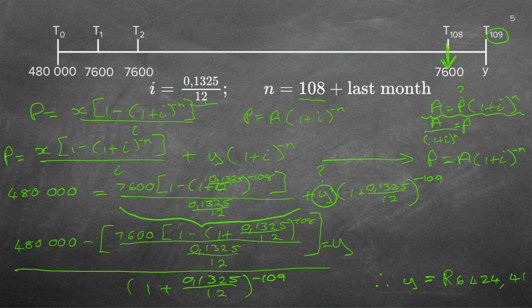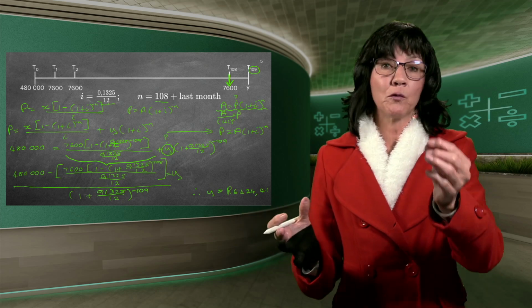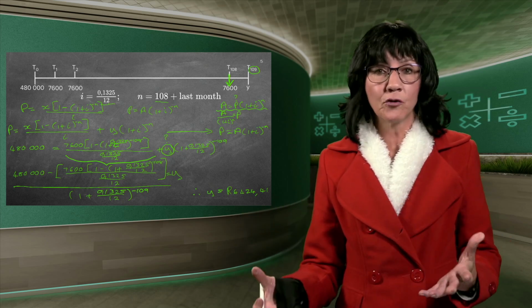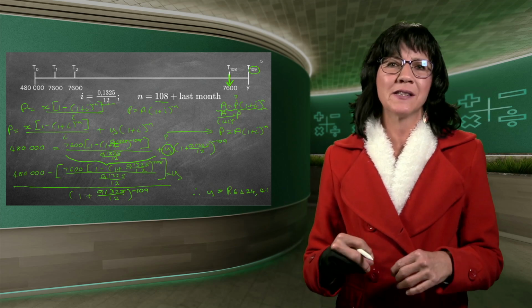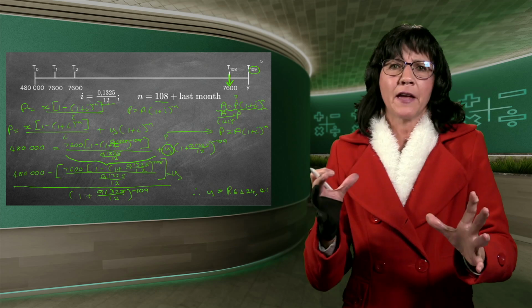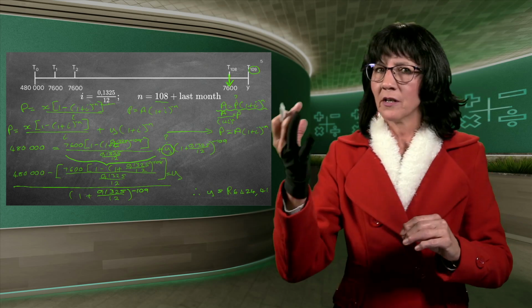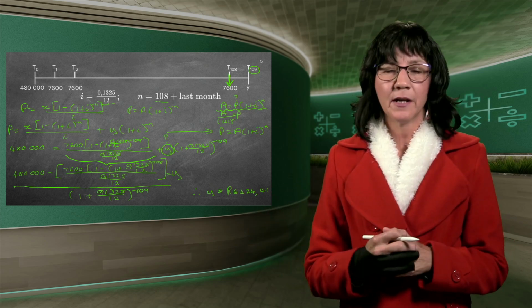Does that make sense? Does it seem like a logical thing? You borrowed 480,000 Rand. You're paying back only in 108 months. And you're going to pay back 6,000 whatever. It is a logical amount. If it was 60,000 or 600, then most probably you made a mistake. So mostly our monthly payments is something in the thousands, 6,000, 5,000, 9,000, or in that vicinity. So you can check yourself.